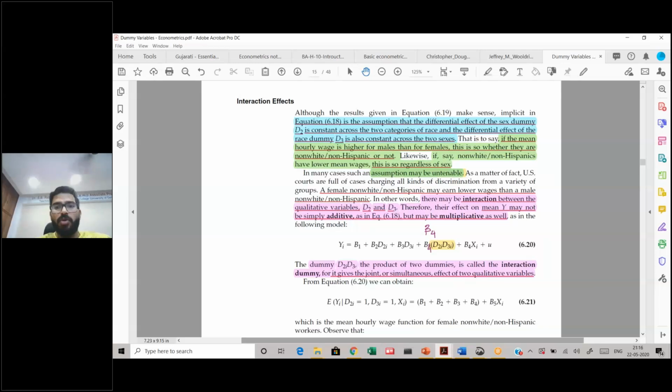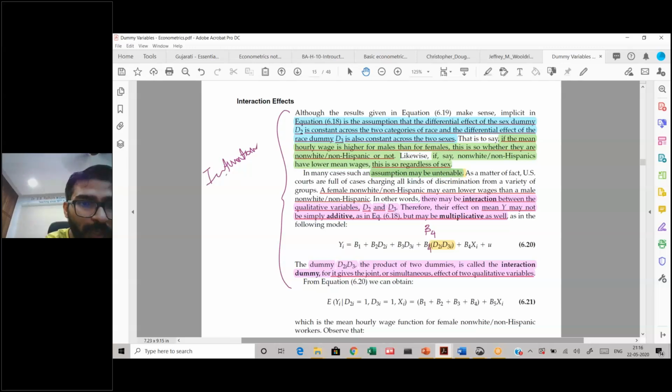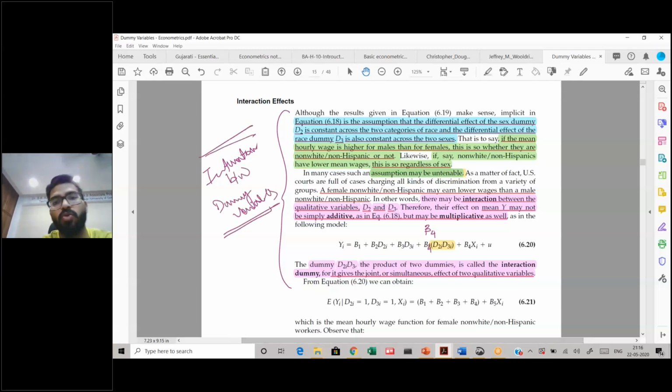Now let's talk about interaction. Now this is an interaction. I want you to go through this interaction term. This is the interaction between dummy variables. I want you to sit back and go through this entire discussion. It's a very easy discussion. There was one error. I've already made the correction here. Basically, let me explain it. Let me not leave it to you.